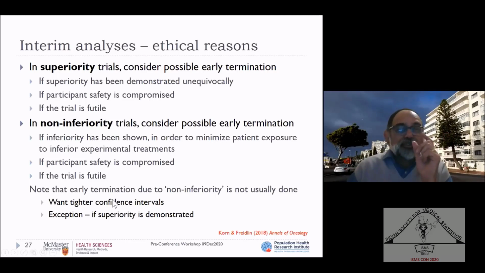Now, if you are showing at the interim analysis that it's looking not inferior, usually they don't stop at that point because they want the confidence intervals to be tighter with more data to come in, okay? But there's an exception. If you're actually not only not inferior, but you're superior, some groups will recommend going ahead and stopping because you've already shown superiority. There's a great article reviewing these topics from an ethical standpoint in the Annals of Oncology